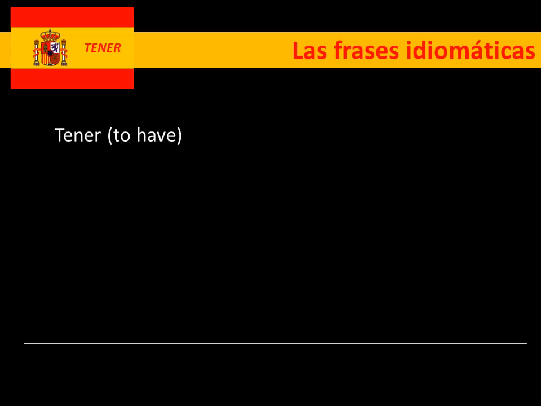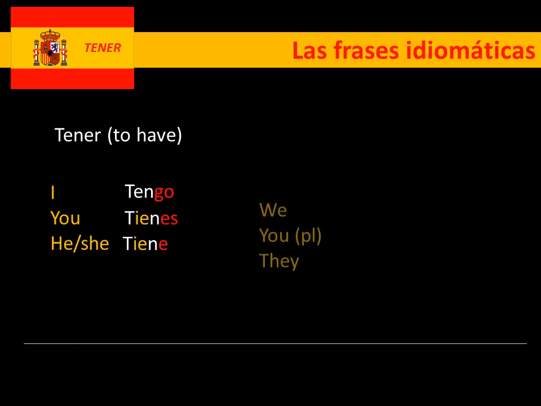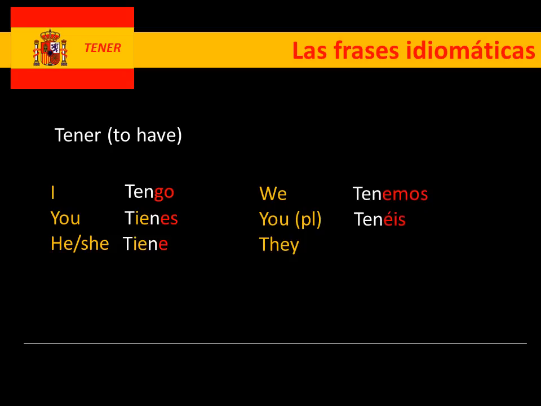So to start with, we're going to have a look at the verb tener to make sure we know how to do this in different persons of the verb. Okay, so we've got first of all the singular verbs. The first one is tengo, tienes, tiene. Okay, and this verb should be reasonably familiar to you. After that we've got the plural ones, which might be a bit more tricky. So, tenemos, we have, tenéis, you plural, and then tienen, they have. So, tengo, tienes, tiene, tenemos, tenéis, tienen.